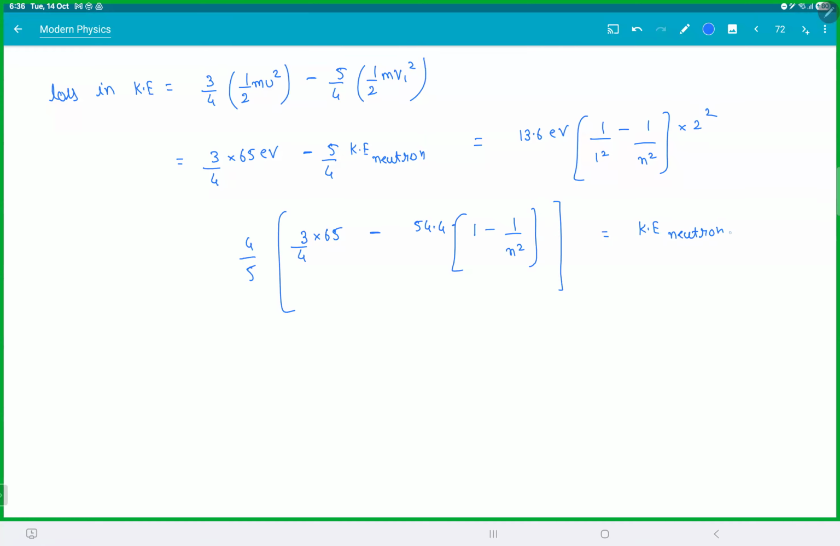You just have to solve a bit. How much is this? 65 into 3, that is 195/4. 4's a 3/5. I'll just make it 196, so then it'll become easy. That'll become 49 then. 196, it'll become 49 minus 54.4 plus 54.4 by n square. This is your kinetic energy of the neutron,